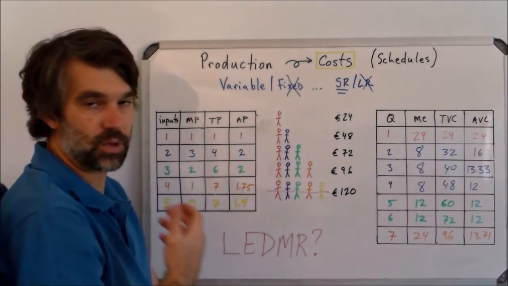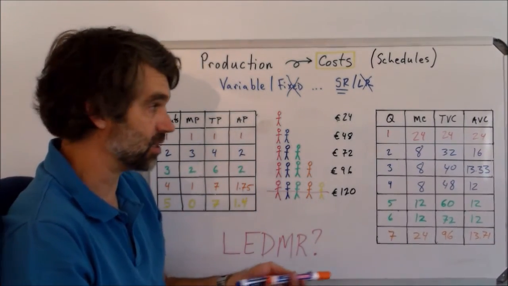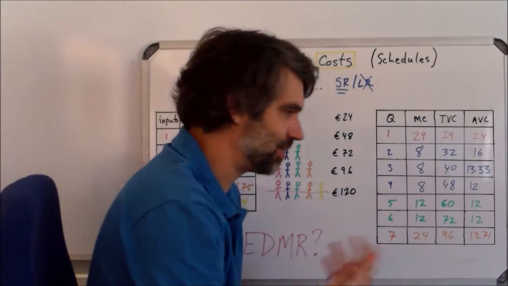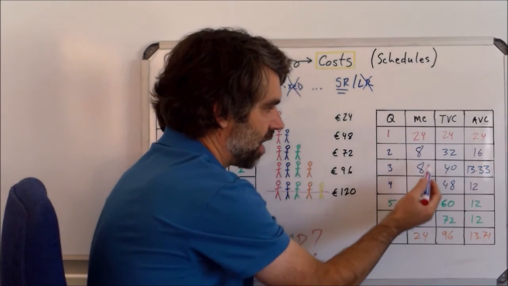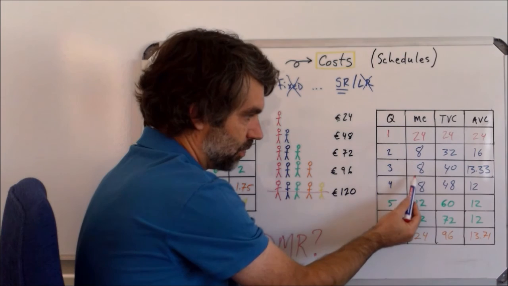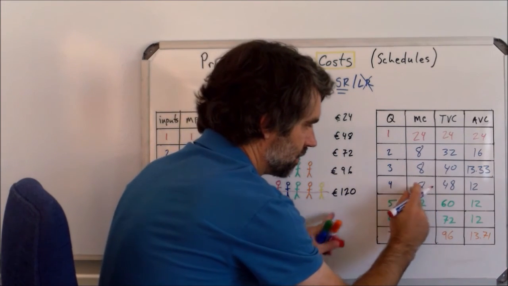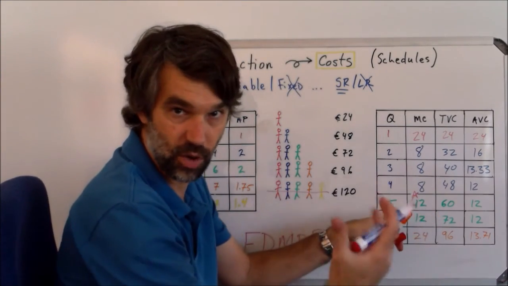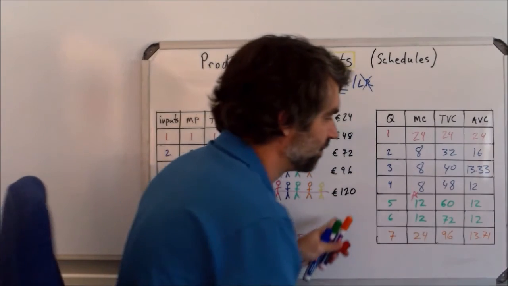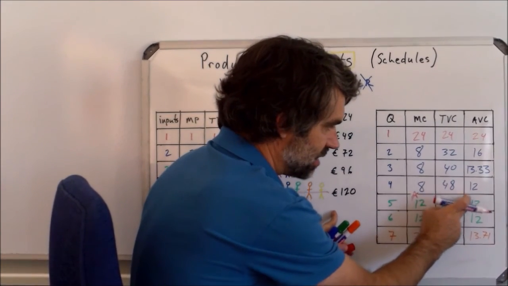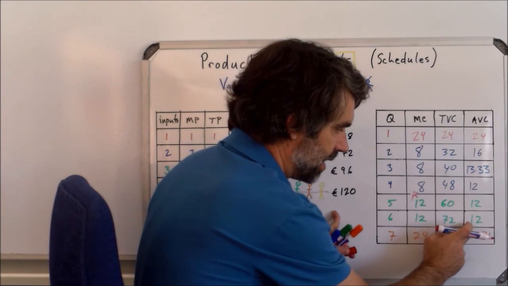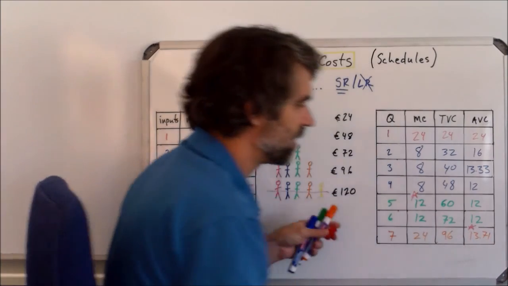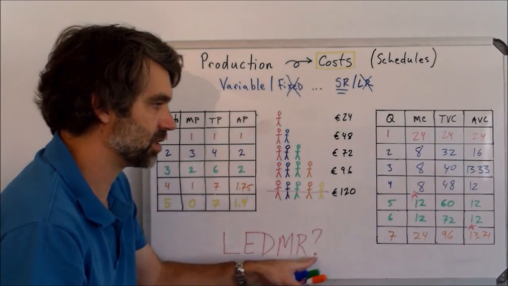And this leads us to our last point, which is where do we see the law of eventually diminishing marginal returns? Well, you can't really see it in TBC, like you kind of can, but it's hard. It's easiest to see in marginal cost. We see that marginal returns improve, but right here, they got worse, right? 8 up to 12 is greater costs. Well, I'd rather not have to pay more. But notice that that continues to stay good up until this unit, and it's not until after that unit that average costs start to go up. So we can see the law of eventually diminishing marginal returns there